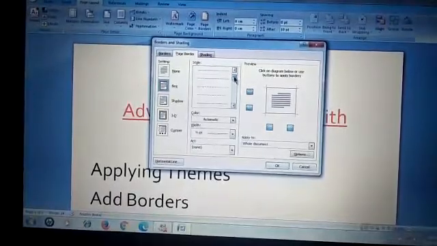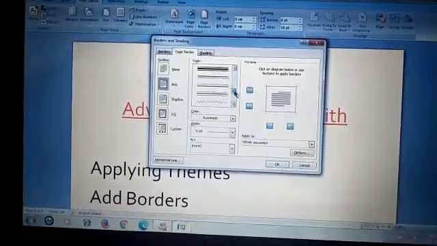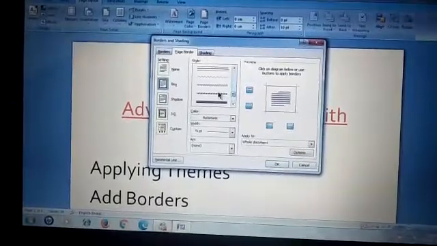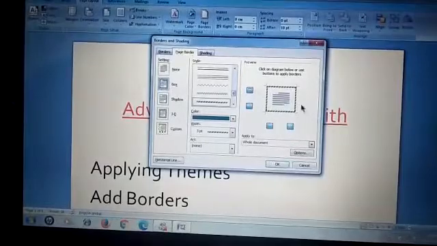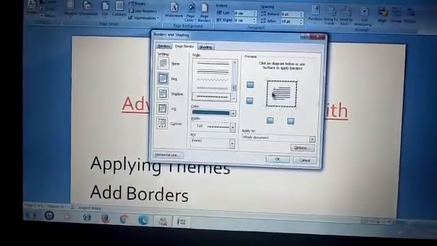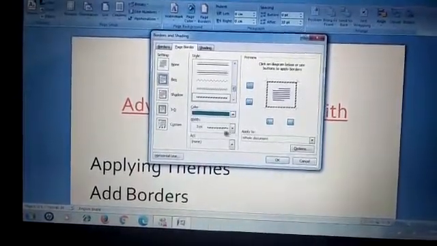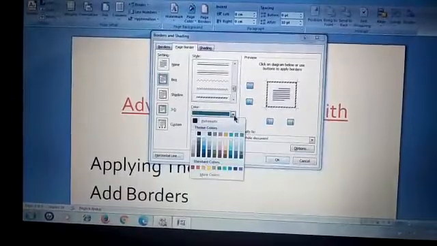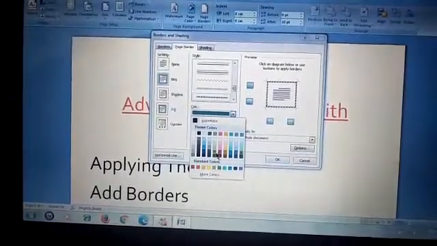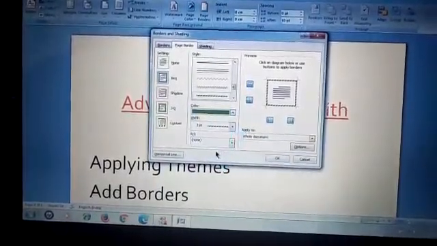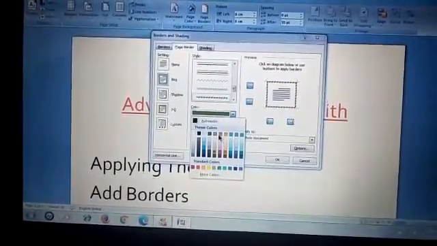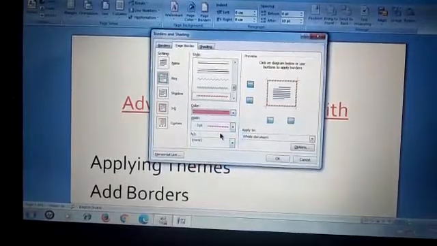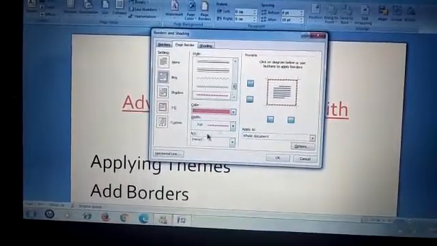Let me select one of the styles that is a bit different. Let's select this blue style. I've selected this style and you can see there is a change of style on the screen. Now next one is you can change the color of the style. If you want it, let it be green. You can see the color has changed, or you want to change it to the pink one. Let's see, magenta. You have changed it to the magenta.